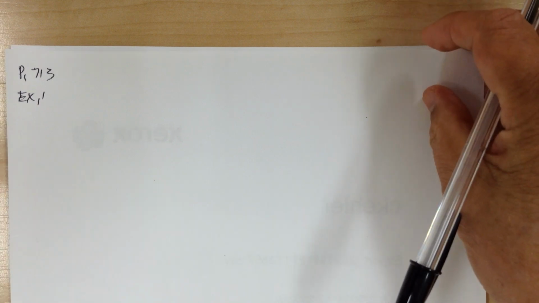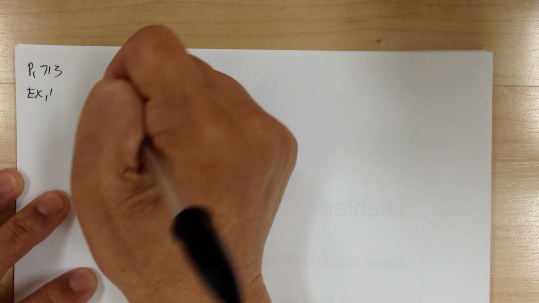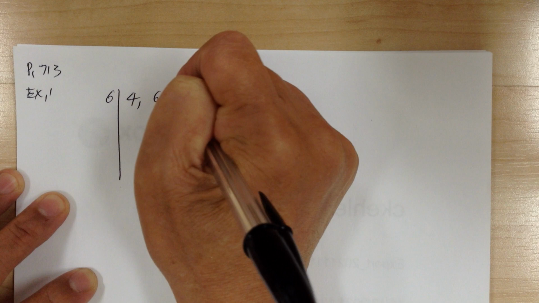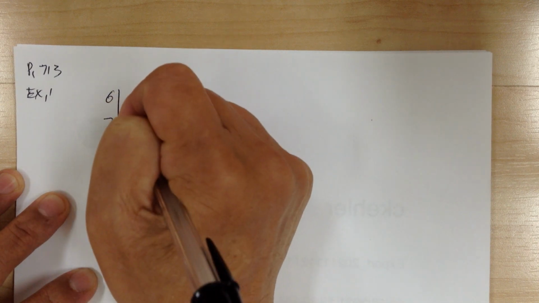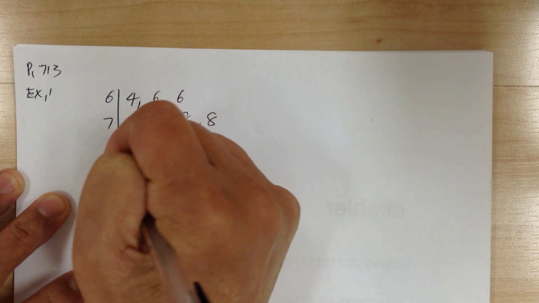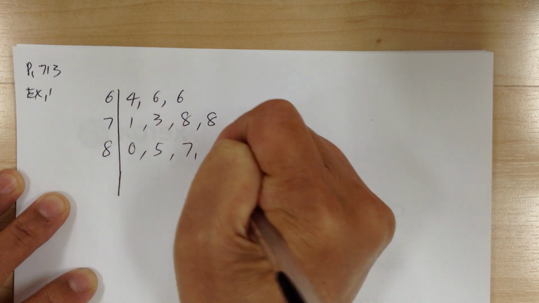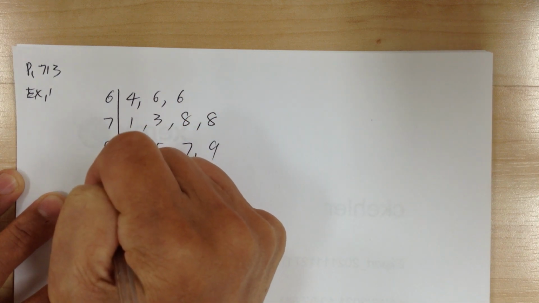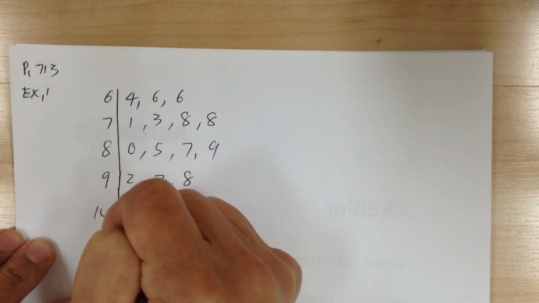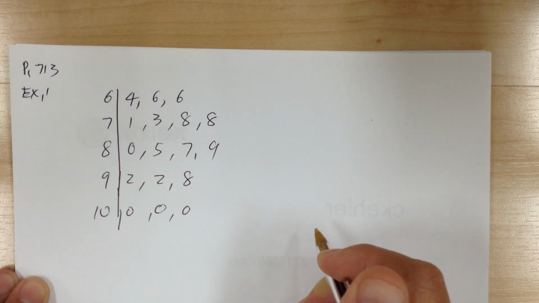In the first example, you have the distribution of the test score. So you have the stem and the leaf, right? So you got 6, 4, 6, 6, and you got 7, you got 1, 3, 8, 8. And for the 8, you have 0, 5, 7, 9. And the 9, you got 2, 2, and 8. And the 10, it obviously is 100, so you got 3 of them. Okay, so A,